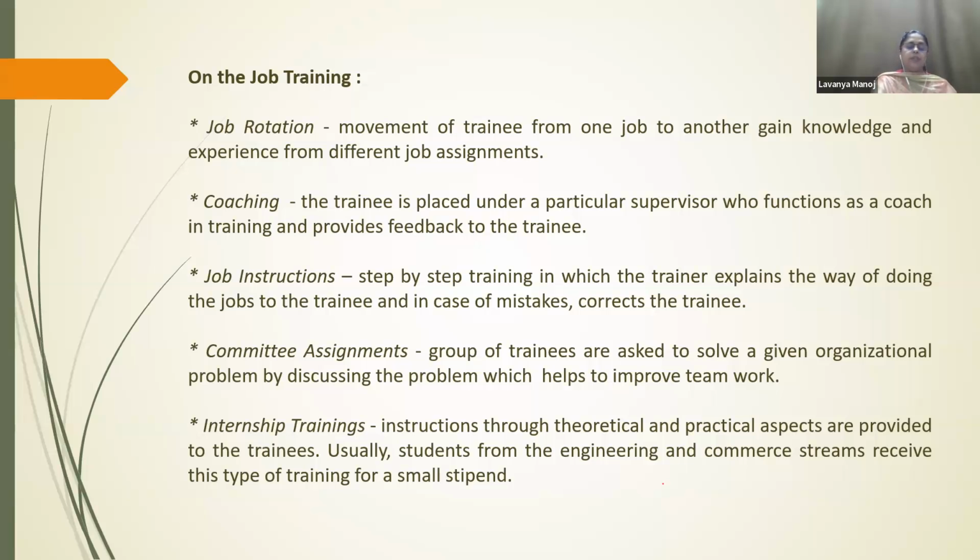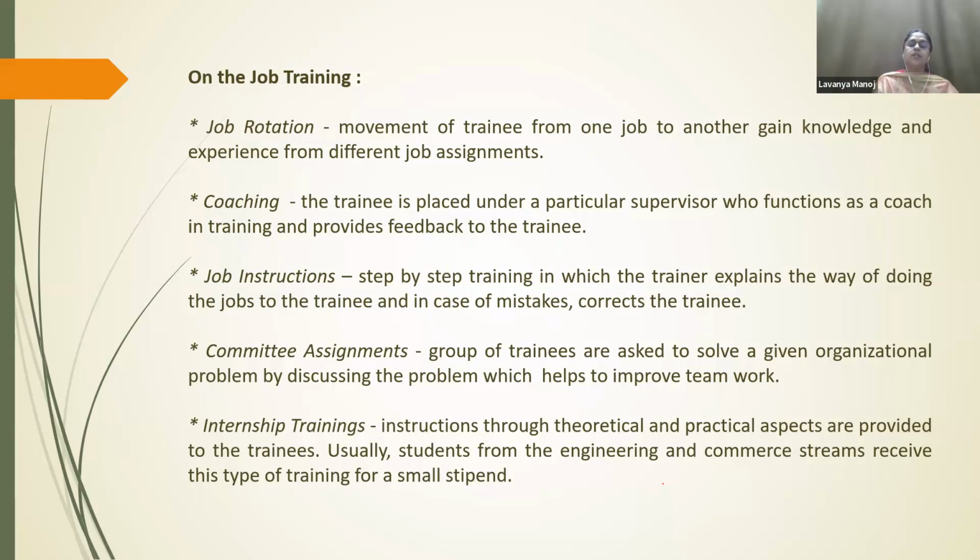Coaching, this is a normal method, coaching the employee under a supervisor or a team leader. While the team leader is going on with the work, the person will be going on with the work. Simultaneously, the team leader will be coaching the new joinee about things. See, this is how things will happen, this is how I have to make the report, this is how you have to send the report, this is how you have to do the skill set and everything.